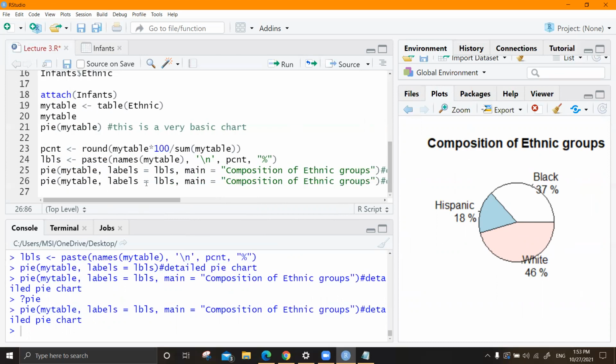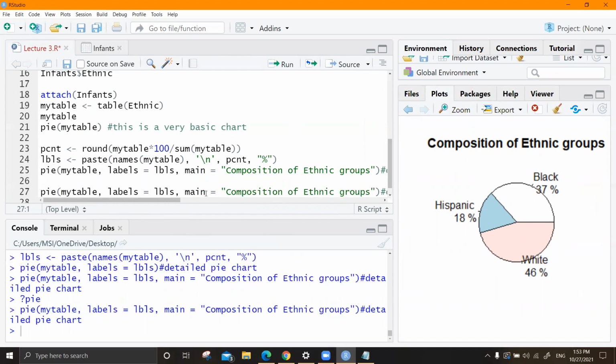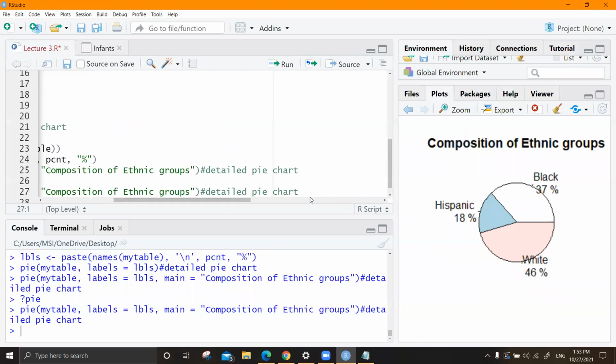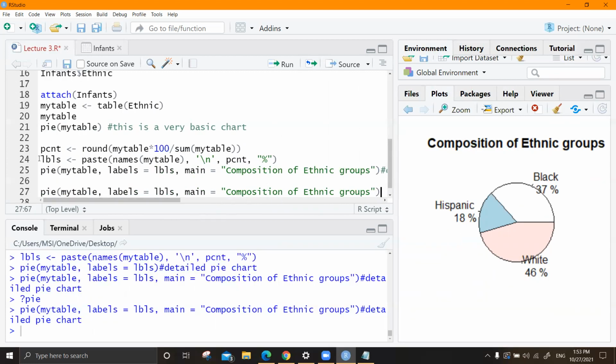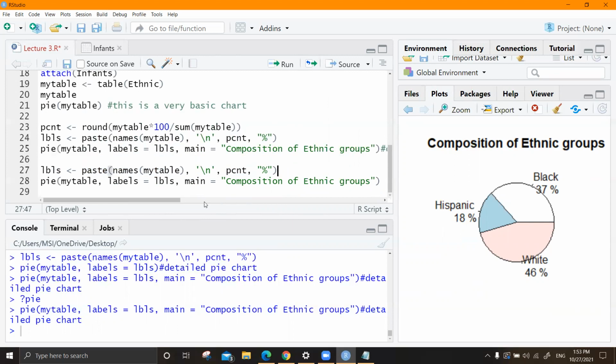If you want to have, so, you can have anything as labels. I'll give it another one, new labels. So I'm going to have that here.